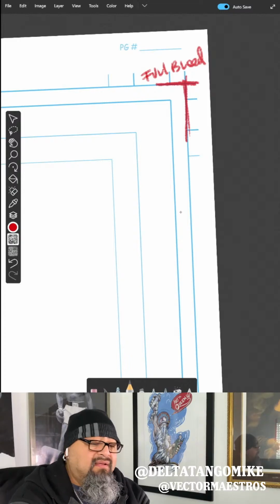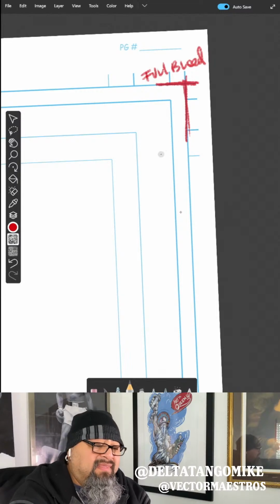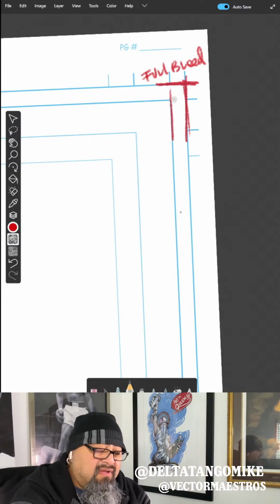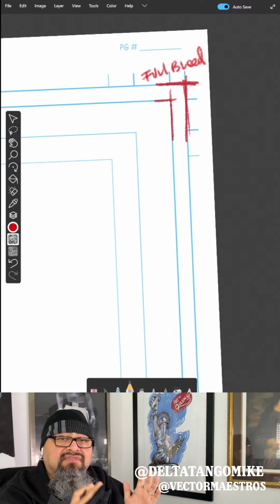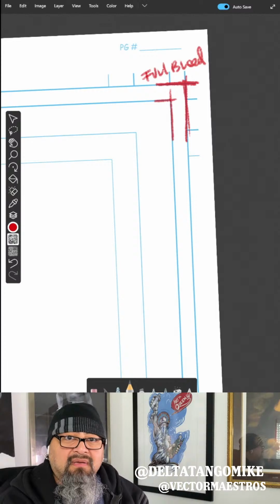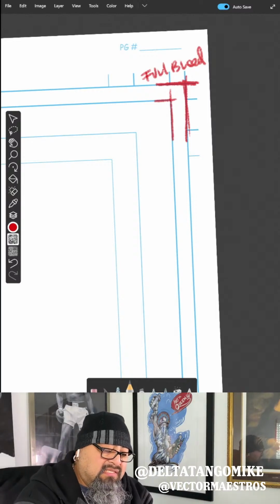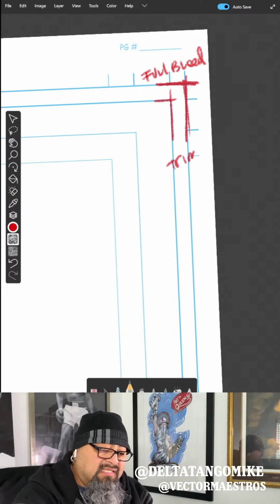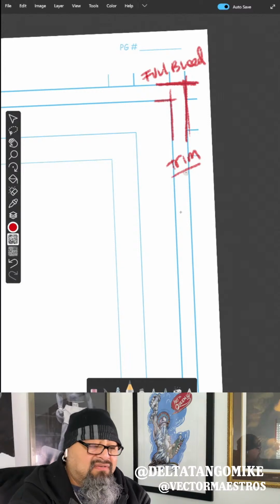That's full bleed. So when the page is printed, it's printed all the way out to here. But then the page is cut off to trim down. They call it the trim, so that they trim down the page to fit the proper size. So this is the trim, and this is the actual page size.